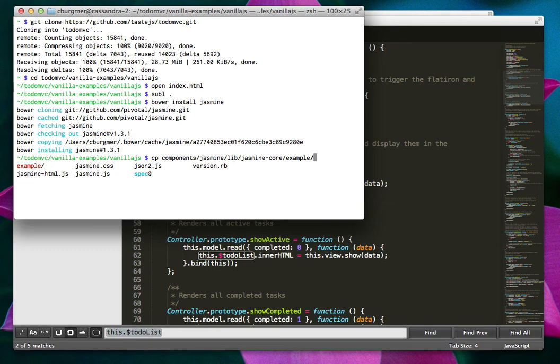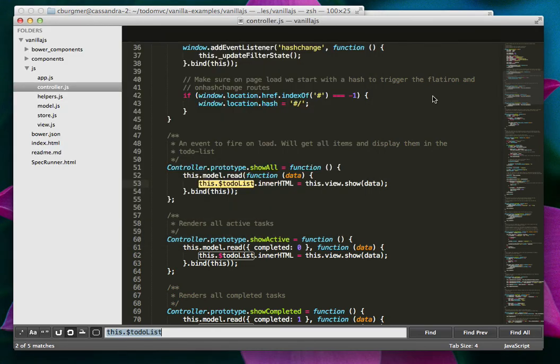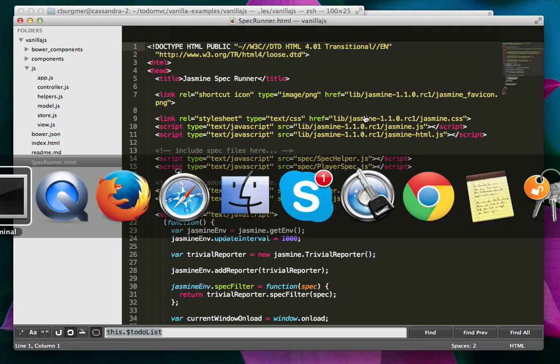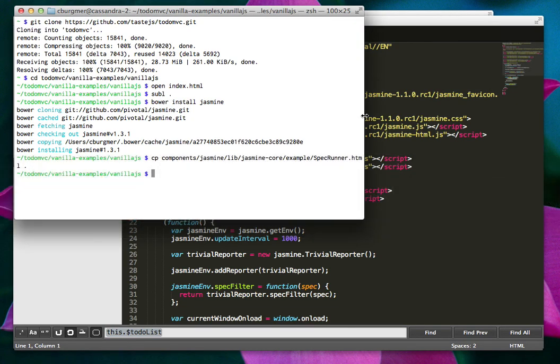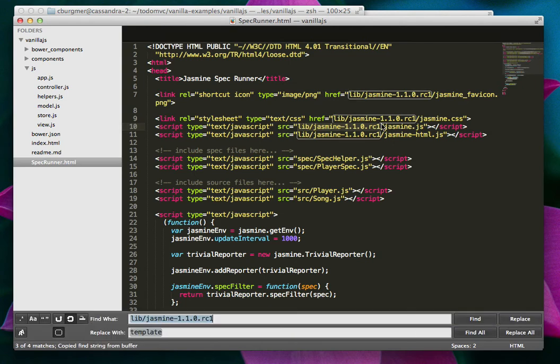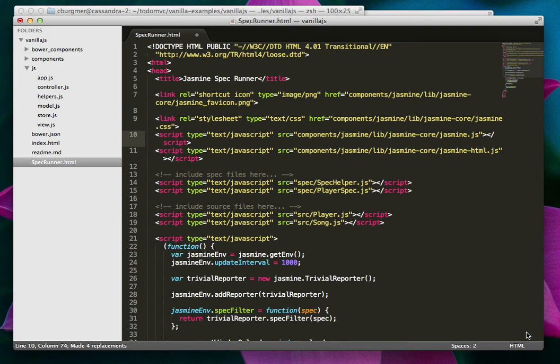Yeah, you can see an example. So we have a spec runner right here, and I need to adjust the path to point to Jasmine, which should just be all in here. So let's see whether we can get the spec runner to work quickly. We don't have any specs for now, so